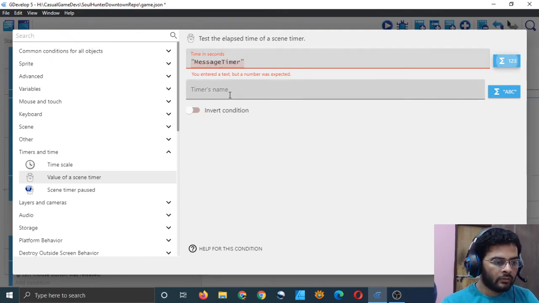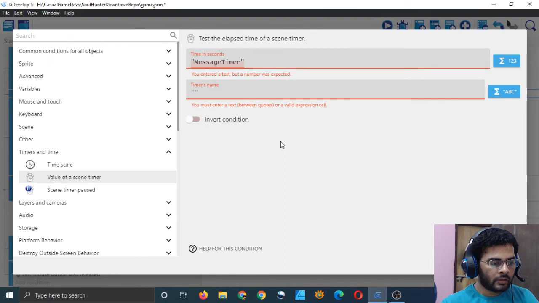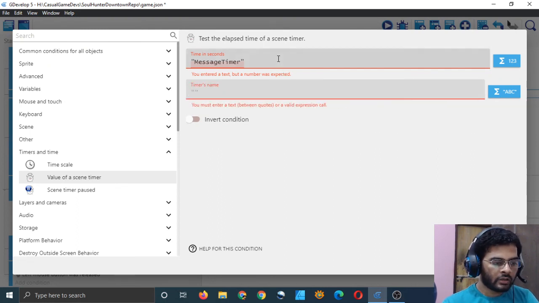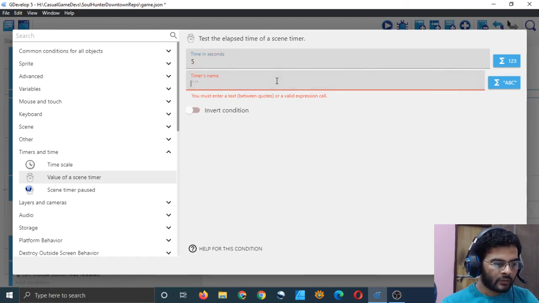If the value is greater than something, maybe 5 seconds, then the message will disappear. Oh, okay, I have to put the time there and the timer's name at the bottom. Message timer,